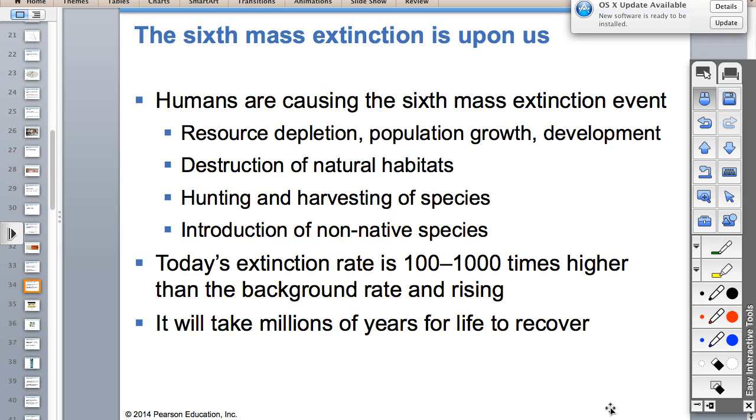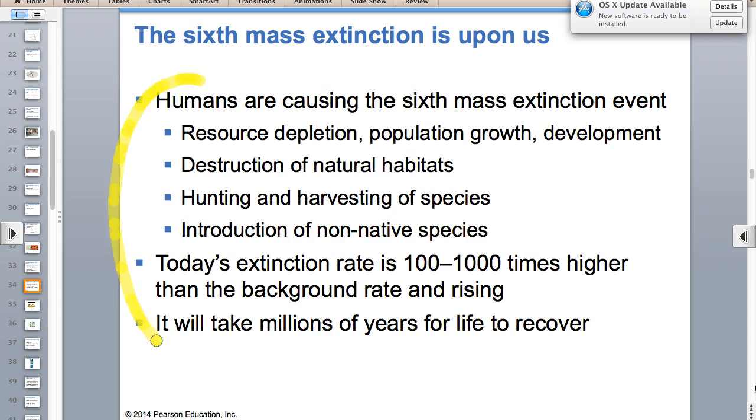So yeah, I gotcha. So the sixth mass extinction, this is kind of where humans come in, and this is where our HIPPCO shows its face. The little acronym that we had used with the movie, right? Habitat loss is always the most important. Resource depletion, population growth, our development, and habitat loss is the biggest one. Overharvesting and hunting, poaching was another one. Invasive species, climate change.